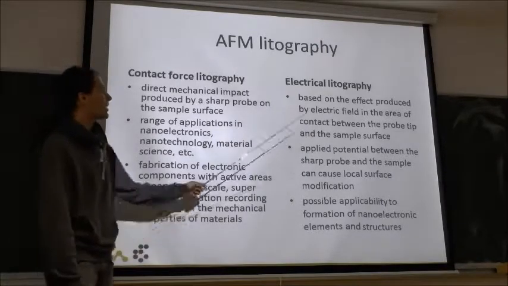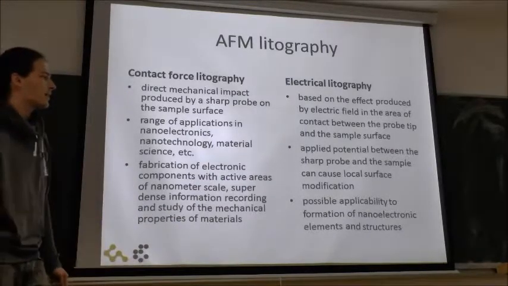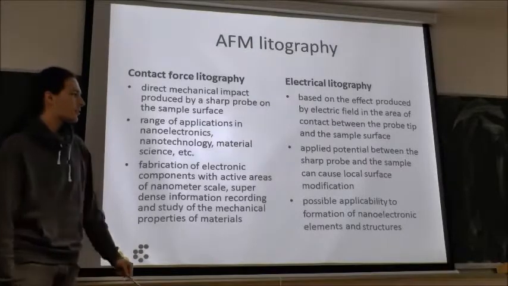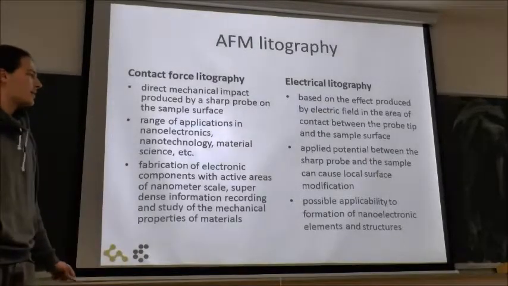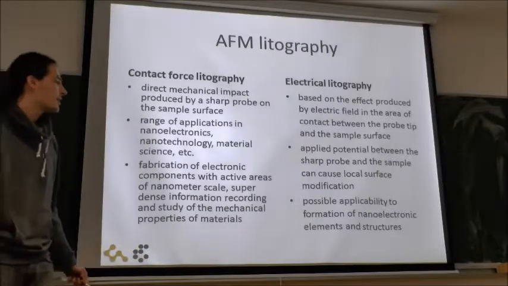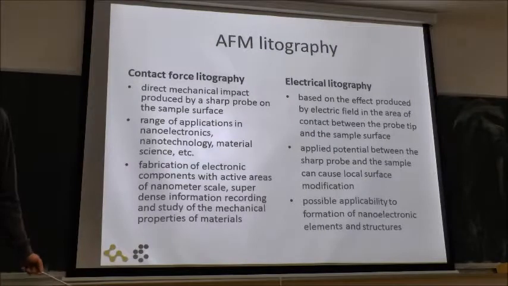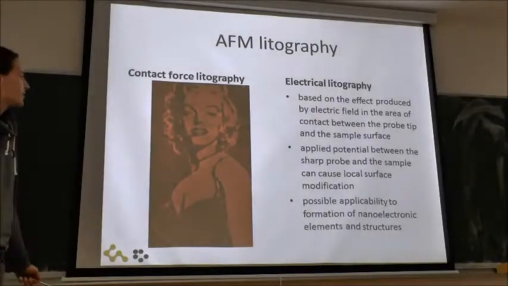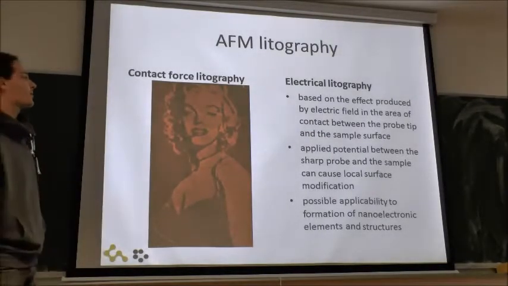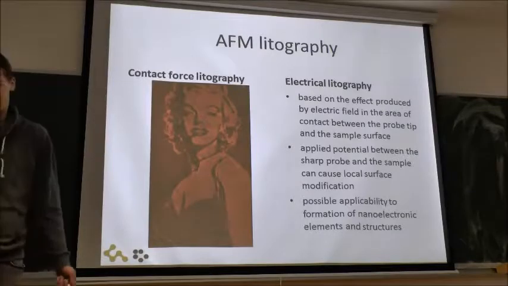And we have electrical lithography where we apply the potential between the probe and the sample, and it can cause modifications of the surface, and also has applications in nanoelectronics. And here is an example of such an electrical lithography of Marilyn Monroe on, I think, a gallium arsenide substrate. So